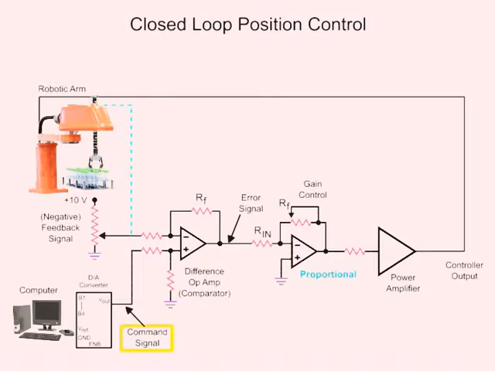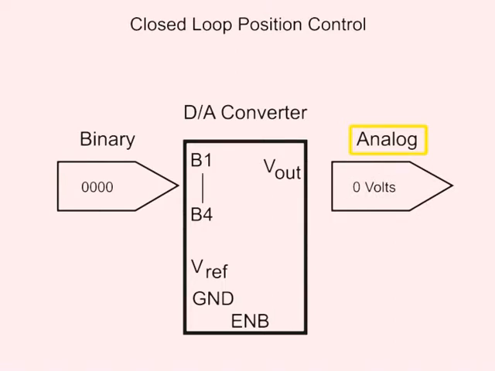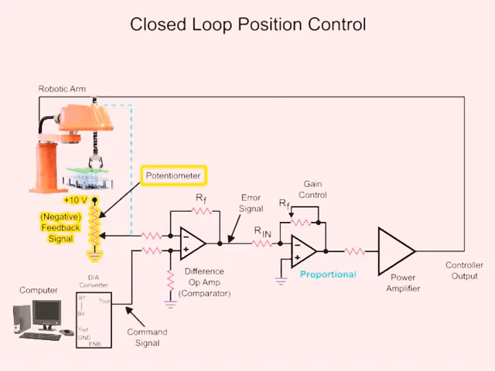The analog command signal voltage produced by the digital to analog converter determines the position of the arm. The potentiometer attached to a robotic arm in the circuit indicates the actual position. The variable voltage produced is referred to as the feedback signal. When the feedback signal voltage matches the command signal voltage, the arm has reached the desired